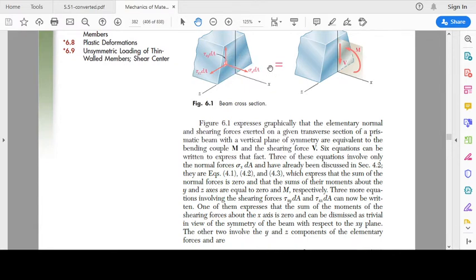Outward normal is still in the x direction, so the first subscript is x, and the second subscript indicates the direction of shear stress, that is in the z direction, so it is tau xz. Now when we apply the equation in chapter 5, we have